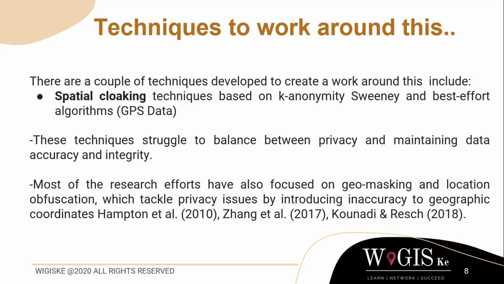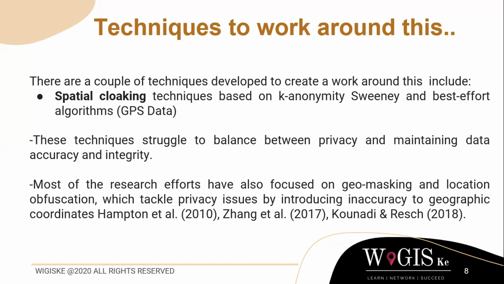But what the K anonymity method does, and the best effort algorithm does, is to anonymize this data without uniformly anonymizing it. So we can say in person A, we are removing the age. In person B, we are removing the gender. In person C, we are removing the name. So this is one of the effective ways that I know are working in the industry, and it's an area where a lot of data scientists are currently struggling.